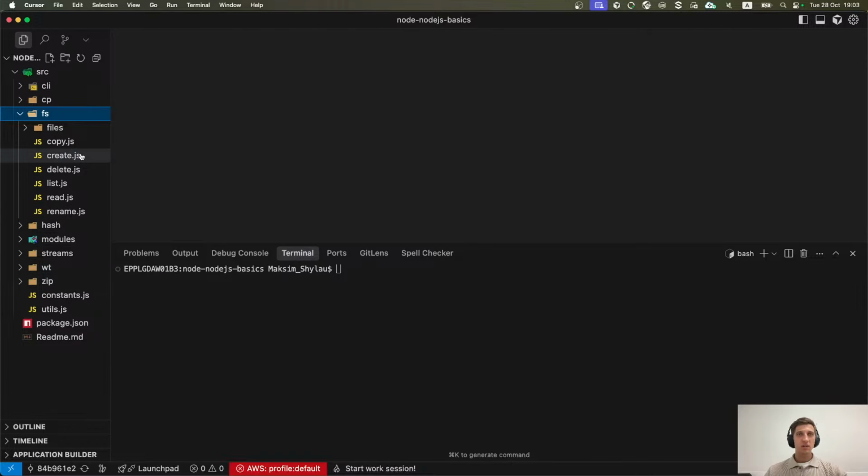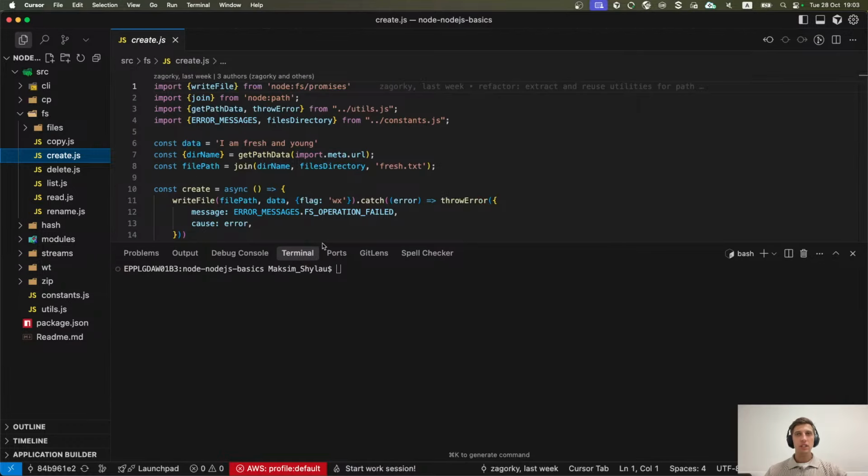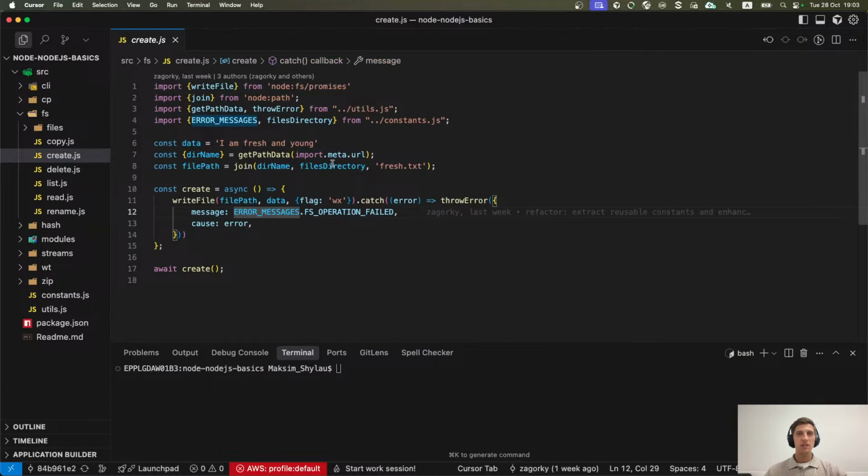Okay, let's take a look at create.js. We can see here function create. Okay, signature is not broken, and the student uses the writeFile API from the Node core module fs.